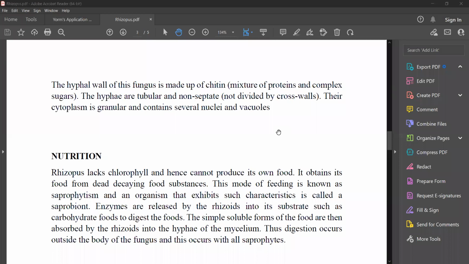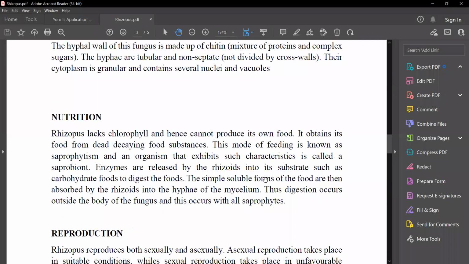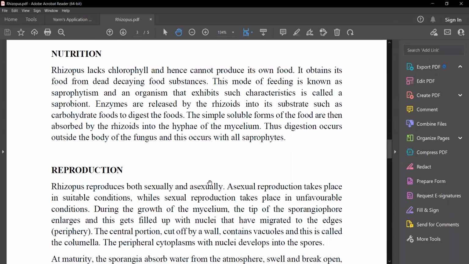So that is the mode of feeding of the Rhizopus. Okay. So now moving on to the reproduction. As you've seen in the other organisms that we study, the Rhizopus can also undergo sexual or asexual reproduction, right? And the asexual reproduction mostly takes place in suitable conditions. Where conditions are suitable, it wouldn't like to waste resources